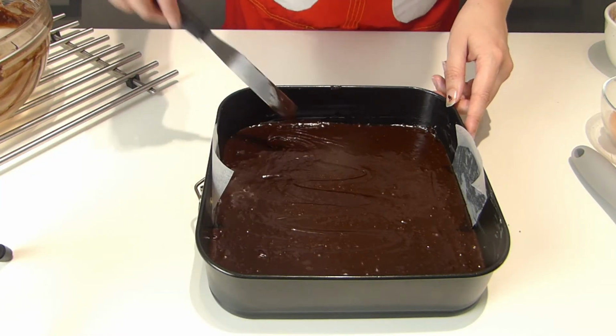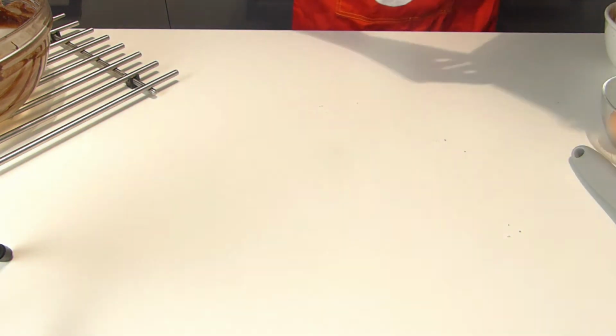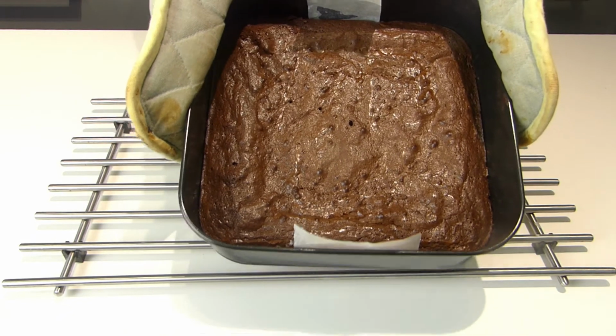Now we're going to pop this in the oven for roughly 25 minutes. You want it so the top goes crispy but it's still gooey in the middle. And that is the brownies cooked, and as you can see it's got that crinkly top,